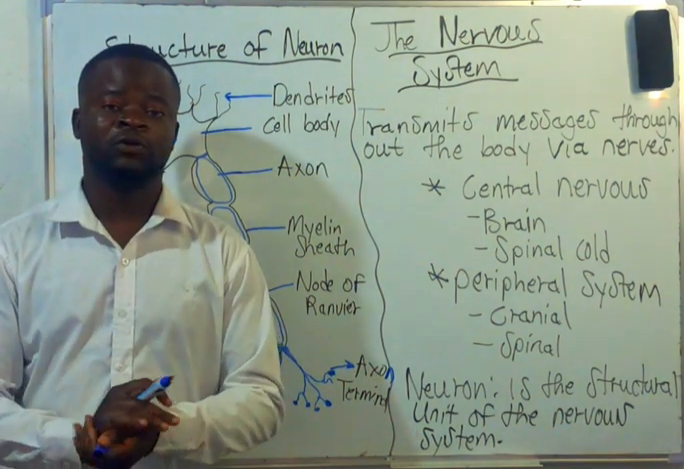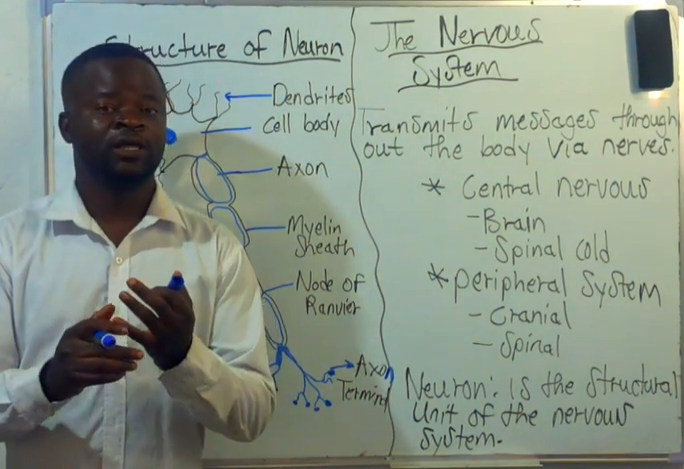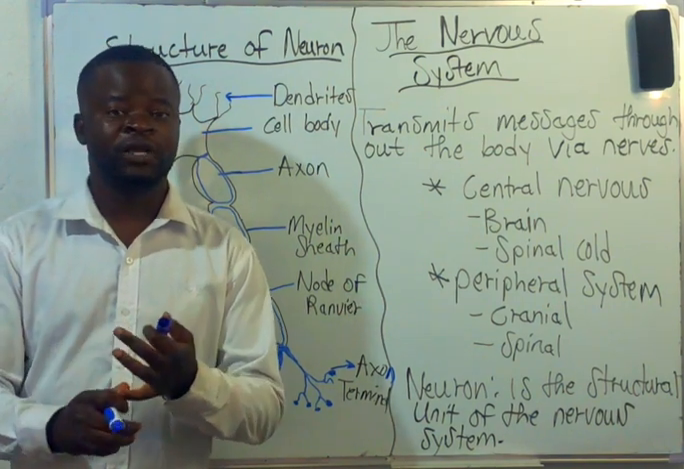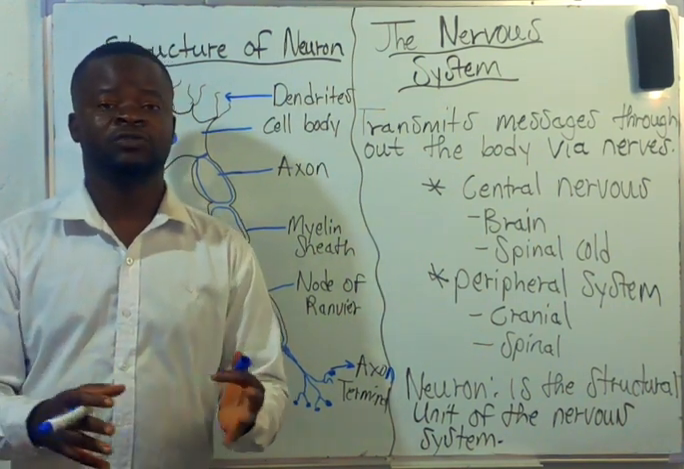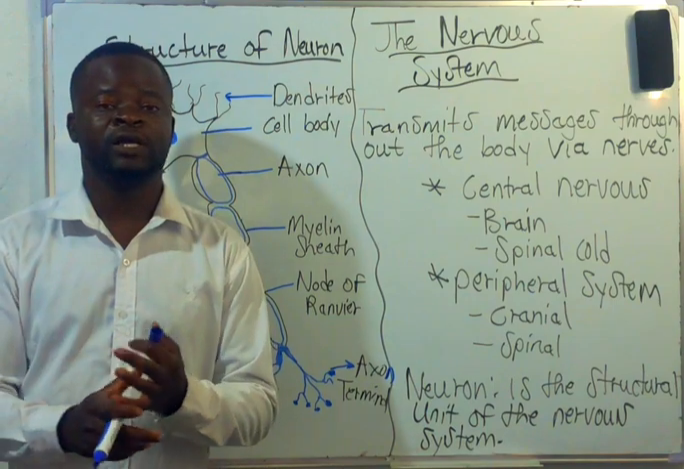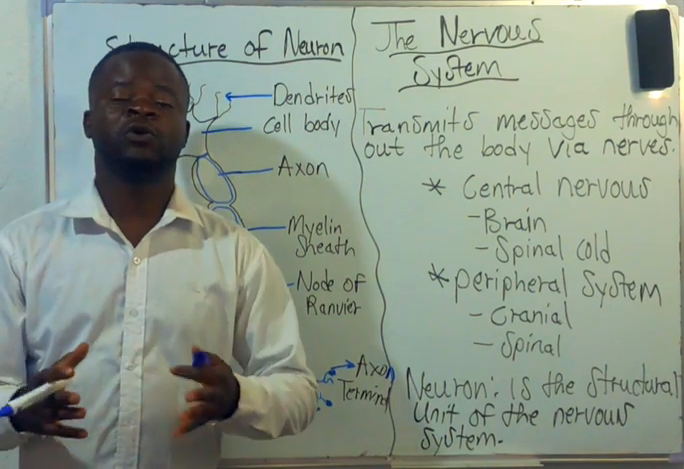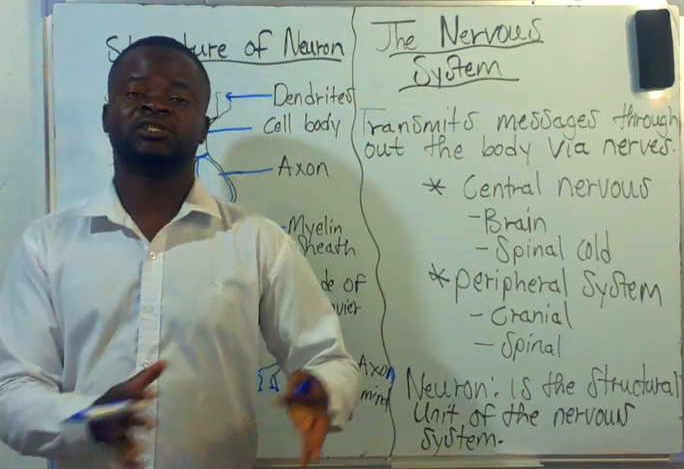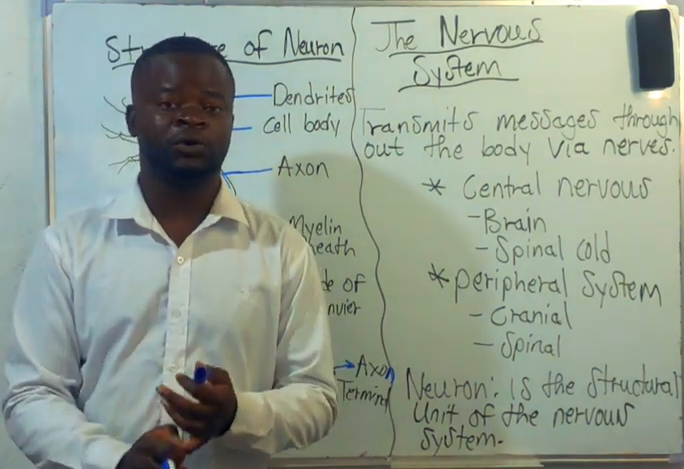Remember, we have three common types of neurons, with functional names and structural names. The functional names are the sensory neuron, the relay neuron, and the motor neuron. These are functional names, and their structural names are the multipolar, bipolar,